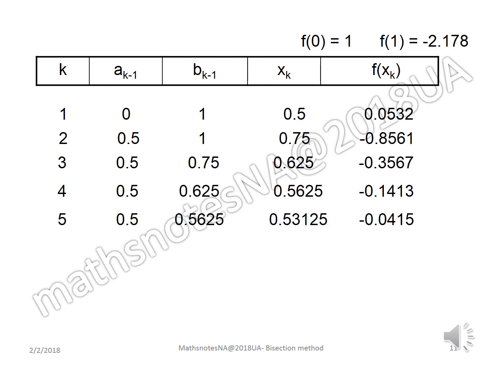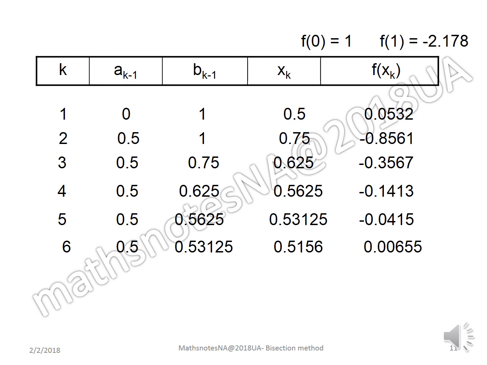Now we replace 0.625 by 0.5625 and take the midpoint of 0.5 and 0.5625, and the midpoint is 0.53125. Function value is again negative. We replace 0.5625 by 0.53125 and take the midpoint of 0.5 and 0.53125, which comes to 0.5156 and the function value is